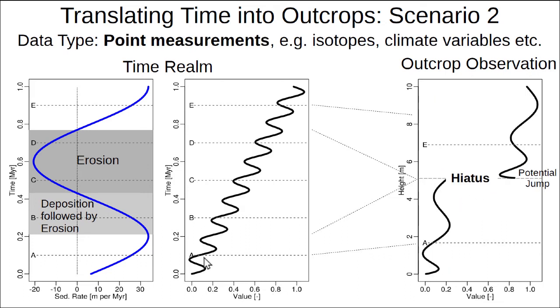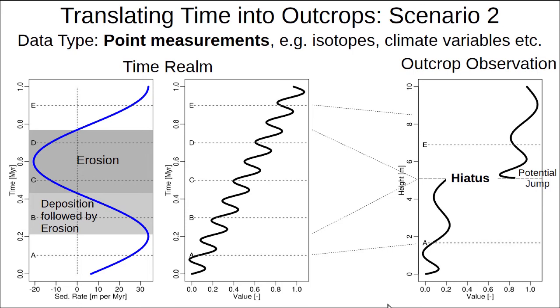Looking at point measurements, this looks a bit different. So here it's the same oscillation and increase. And because there's a large slice of time missing, we will observe this potential jump around the hiatus, followed by a slightly faster oscillation that is generated by the condensation above the hiatus. So this is how the two major paleontological data types that are rates and point measurements behave under changes in